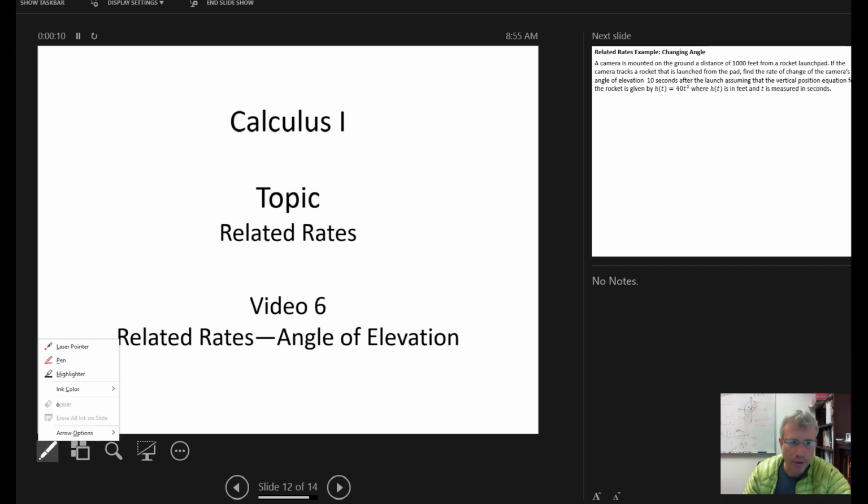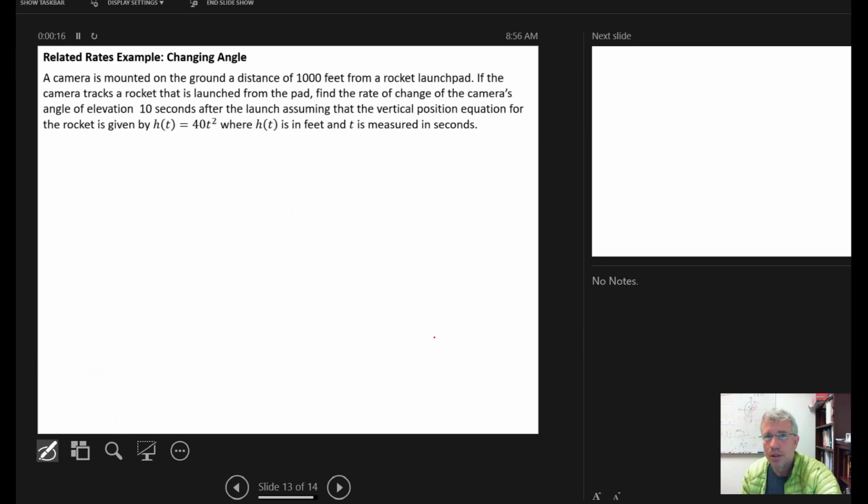So in this video we want to look at a related rates problem involving an angle of elevation. The example says a camera is mounted on the ground a distance of 1,000 feet from a rocket launch pad. If the camera tracks a rocket that is launched from the pad, find the average rate of change of the camera's angle of elevation 10 seconds after the launch, assuming that the vertical position equation for the rocket is height as a function of time equals 40t squared, where height is being measured in feet and time is being